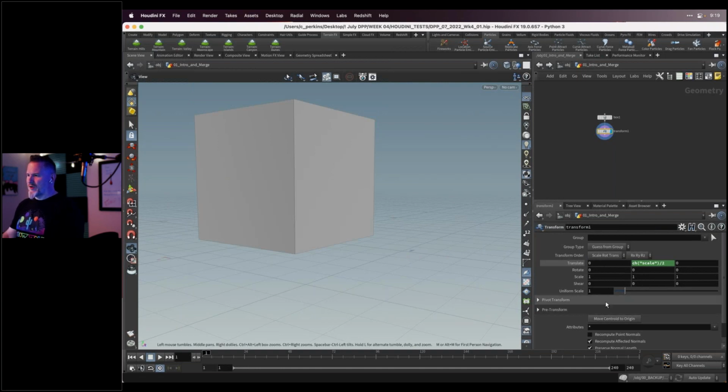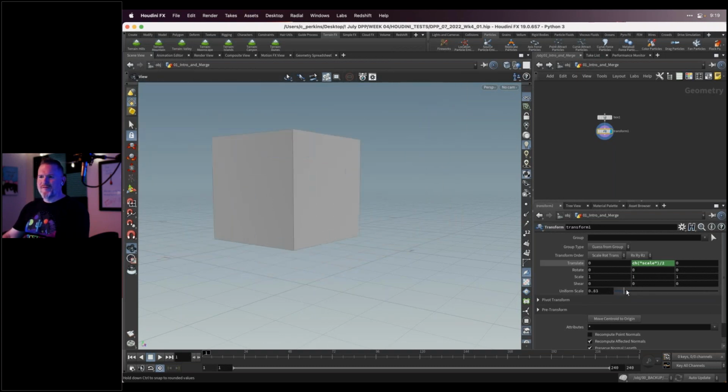So that makes it so that the Y position is being taken from half of the scale value. So now when I scale this up, I'm scaling it up from the bottom. So it's a very common little trick to do in Houdini, and it seems complicated maybe until you do it a couple times, then it's super easy and efficient, a great way to work.